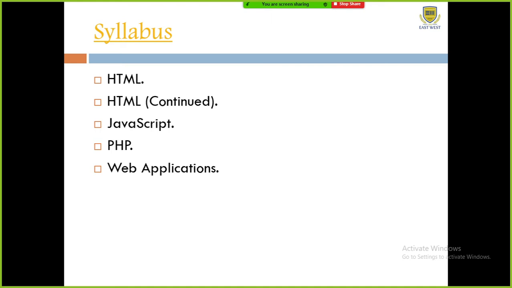The second module is a bit of a continuation of the first module. Here in this module we will study how to create a table, how to create forms, how to style these tables, and how to access the forms, that is form accessibility. We will also study different layouts, different positioning of elements, different cascading style sheet frameworks, etc. in this second module.